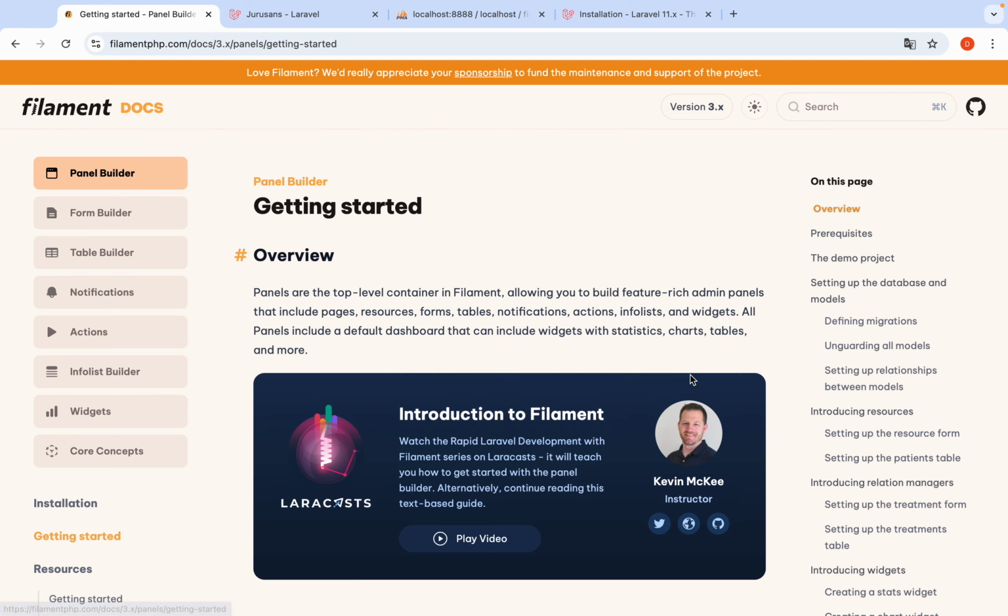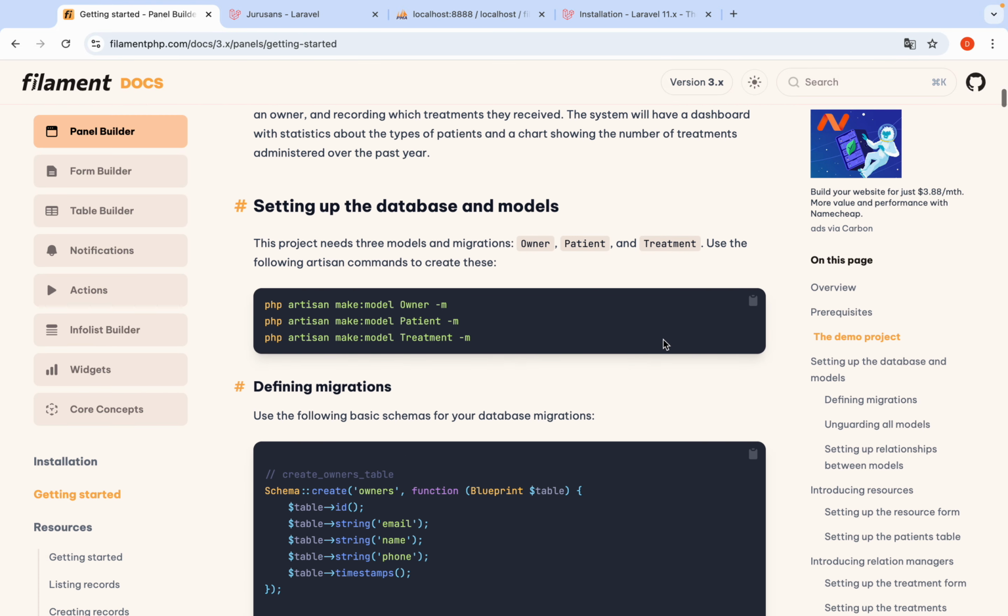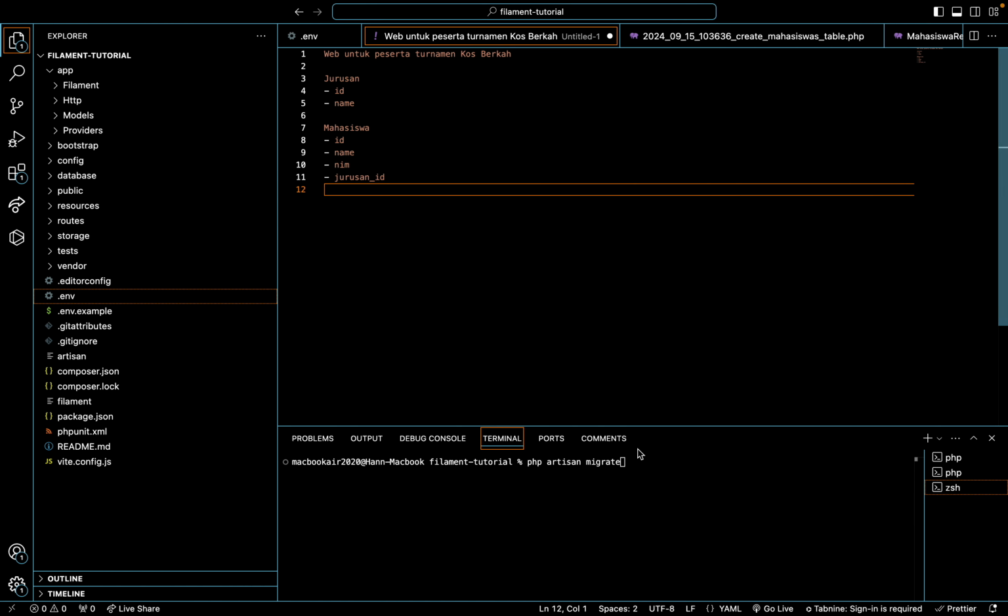Getting started, we will need this for making the database model. Copy and paste it in.